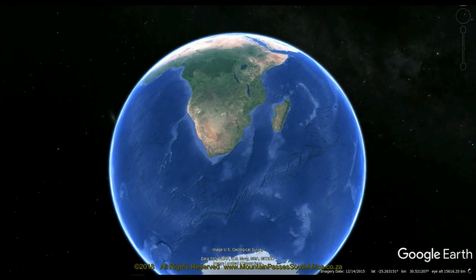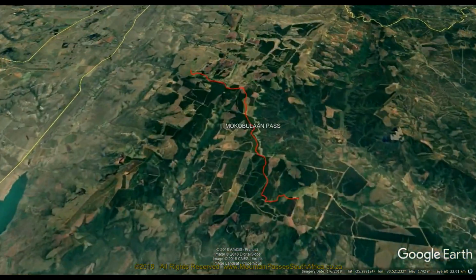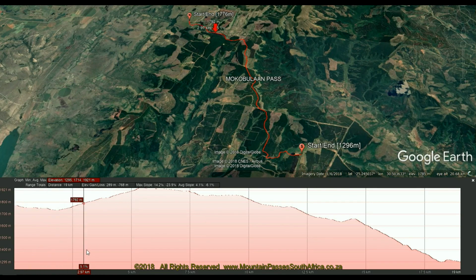This big gravel pass traverses the Mokobulaan Nature Reserve and gains 625 meters over 19 kilometers to produce an average gradient of 1 in 30. It has some fairly steep sections at 1 in 8. There are 48 bends, corners and curves crammed into its 19-kilometer length, so sit back, relax and enjoy the scenery